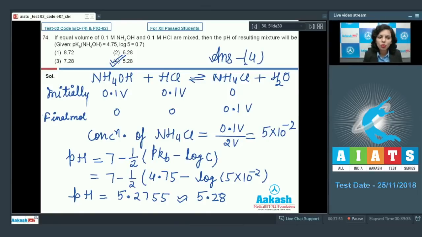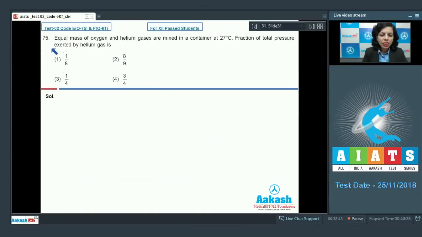Now after this, let's move on to question number 75. Question number 75: Equal masses of oxygen and helium gases are mixed in a container at 27 degrees Celsius. The fraction of total pressure exerted by helium gas is. It means in this question we have to just consider that both of these gases have equal mass and they are mixed in a container, and you just have to find out the fraction of total pressure exerted by helium gas. We should always know that whenever we talk about the pressure exerted by a particular gas,